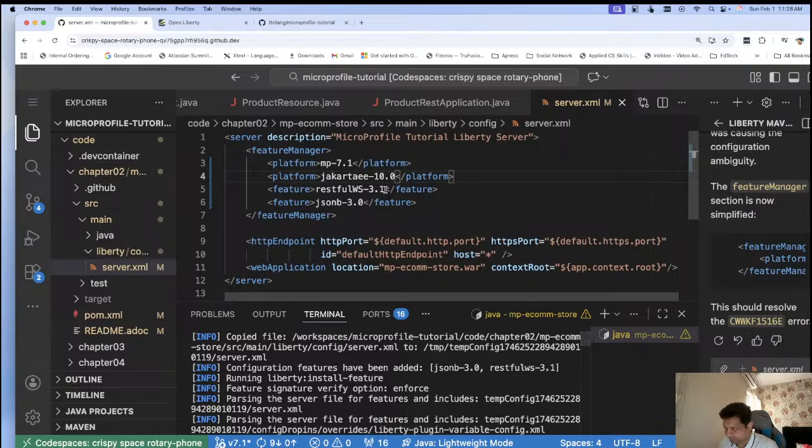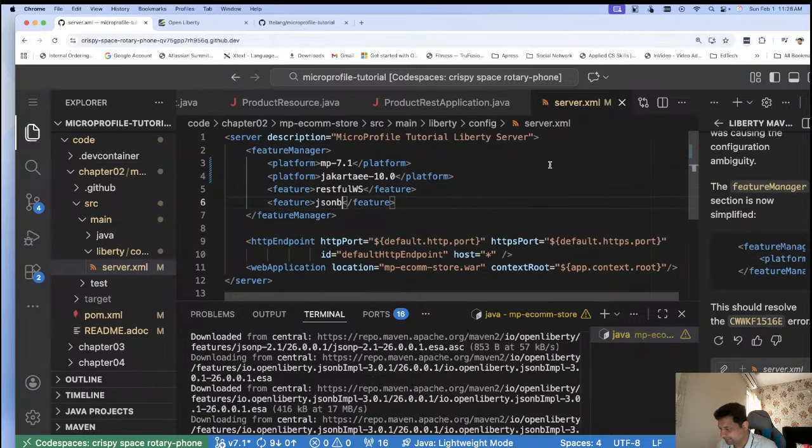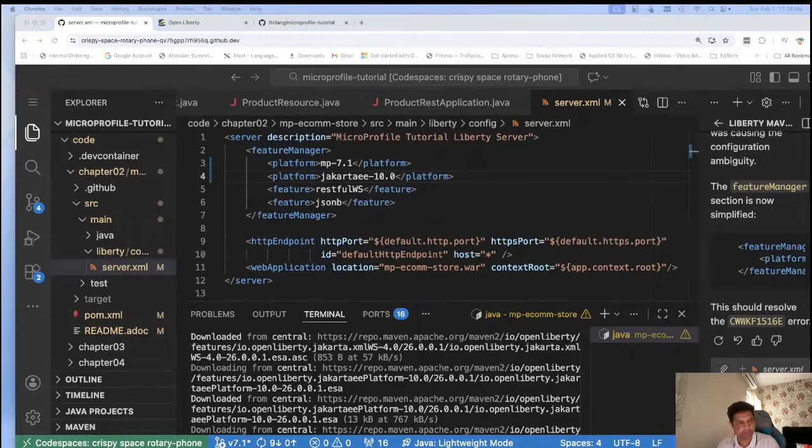Okay, let me give it a try, because MP 7.1 is what it's saying. So here we can see the list of features. I will share this URL also so that we can configure the features. So here we have